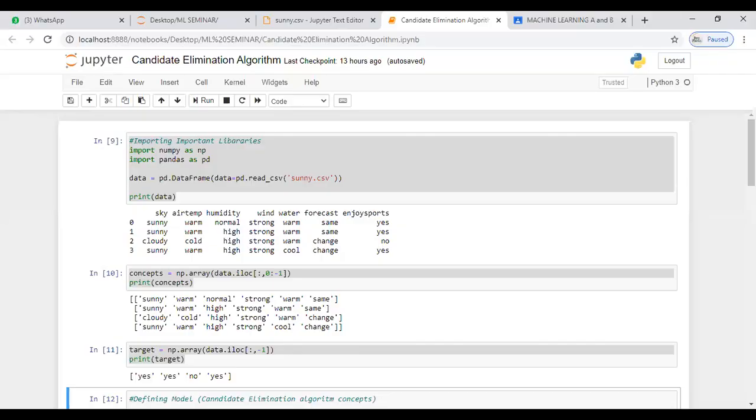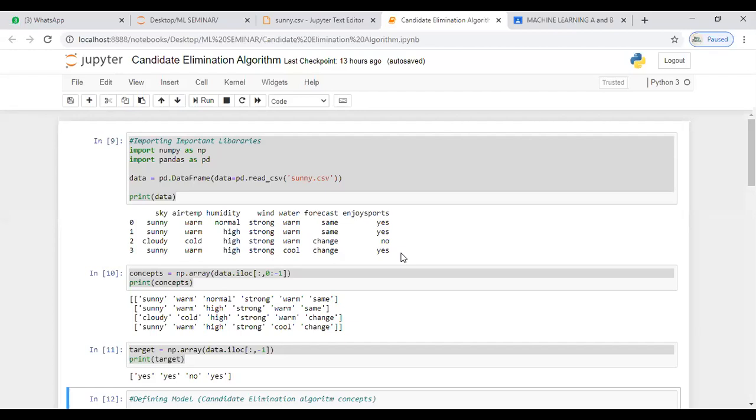Okay, fine. So this is nothing but the execution part. This is the lab program that we need to execute. The program is very similar, as we have already studied about the Find-S algorithm. The similar program is for the candidate elimination algorithm, but with some changes. There we used only a specific hypothesis, but here we are using both the general hypothesis and the specific hypothesis. Now let me go directly to how the program execution occurs.